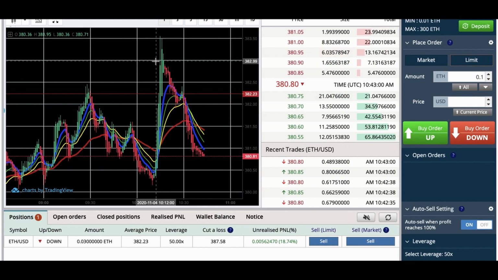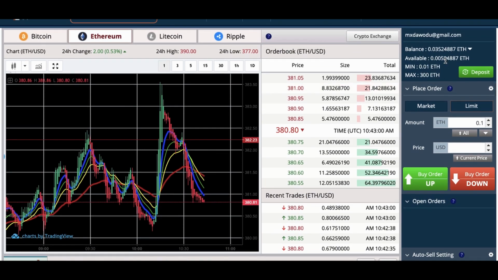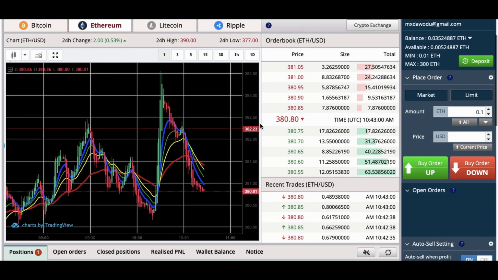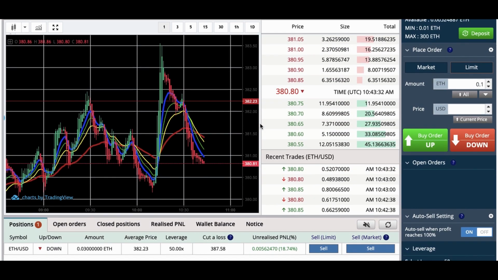With the Heikin-Ashi candles, it's very, very simple in the 1 minute chart. It pumps and it dumps, okay? To the degree that it does that, you can't really control, but you can manage your position, okay? So what I did, I entered with a third of my total balance, which was around, I don't know, 0.01 ETH, okay? It's not much, but I continued to add to this position